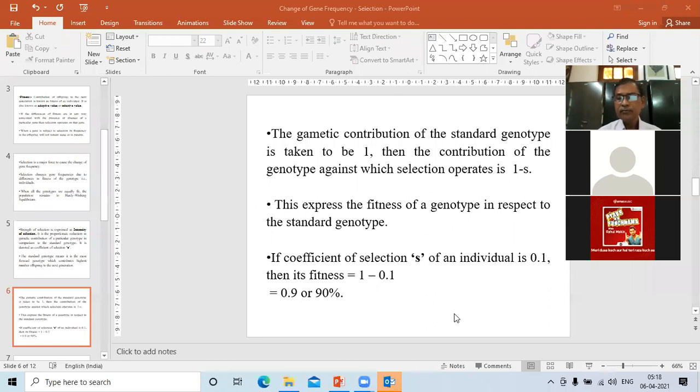सर फिटनेस ज्यादा होगा तो सिलेक्शन ज्यादा होगा, तो फिर इसमें 1 माइनस एस क्यों कर रहे हैं? और फिटनेस ज्यादा होगा मींस जो इंडिविजुअल का फिटनेस मैक्सिमम है तो उसको कंसीडर करते हैं स्टैंडर्ड जीनोटाइप, दैट मींस उसको 100% हम मान के चलते हैं। क्लियर? सर इंटेंसिटी वाला एक बार और समझा दीजिए।